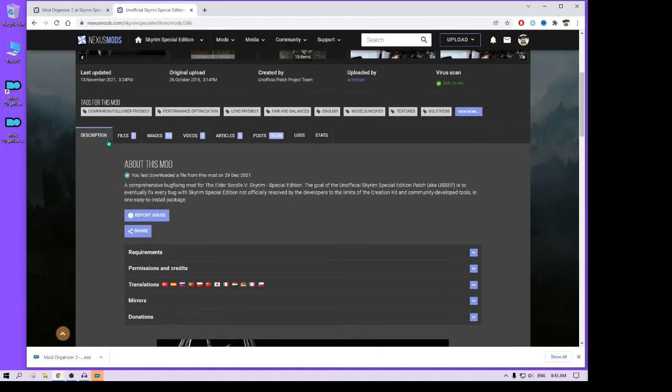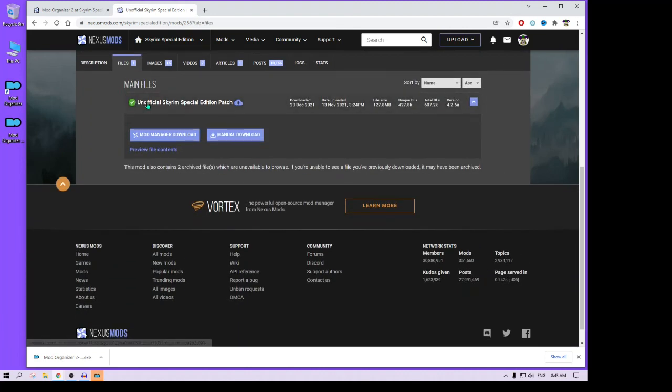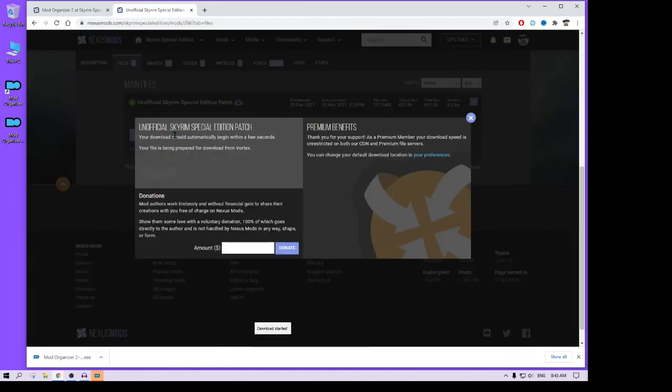Again, go to the Files section. Unofficial Skyrim Special Edition patch. Now you'll see Mod Manager download. Click on that. For you, a dialog box may appear up here saying associate this program with this type of links. You'll want to click it and say yes, always associate, so you'll never have to see that again. Alright. After you've clicked that button,